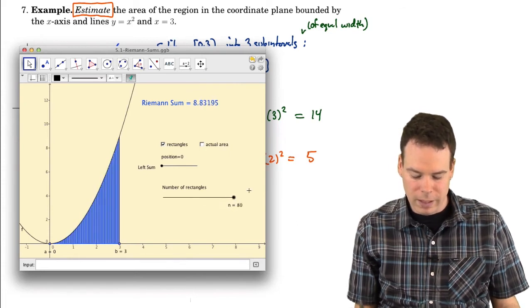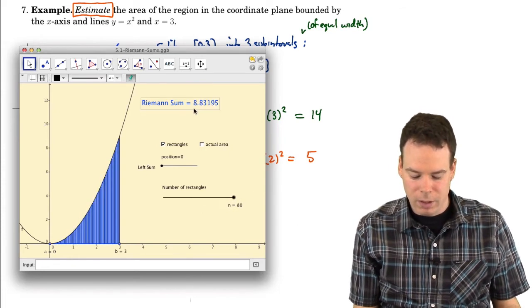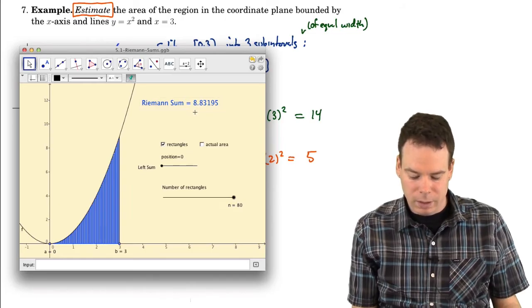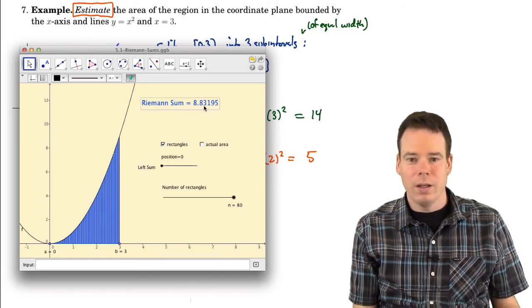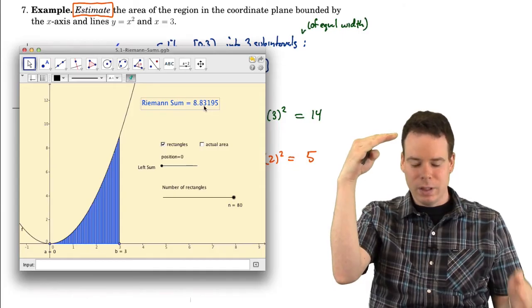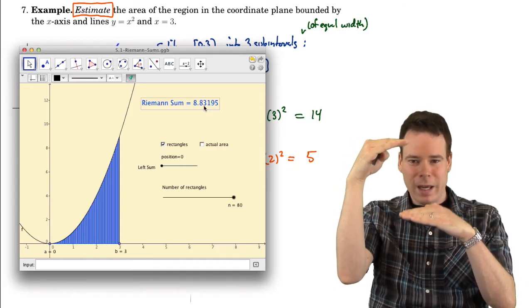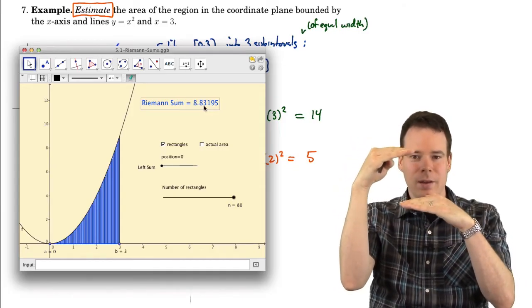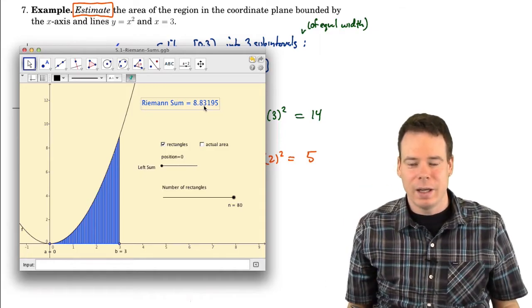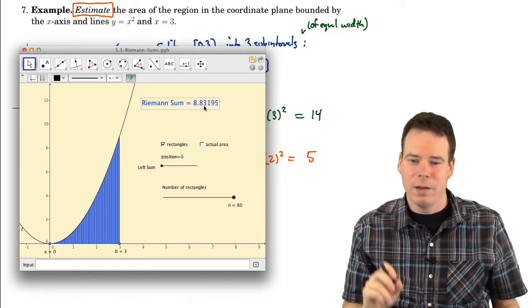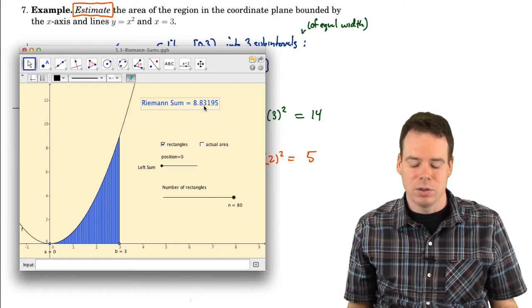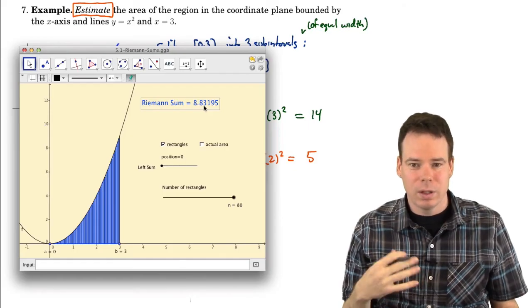So if again I use 80 rectangles, I now have a lower bound on my actual area of 8.83. So I had an upper bound of 9.17 and a lower bound of 8.83. I know my actual area is between those two numbers. That's a pretty good approximation as compared to what we started with, the 5 and 14 estimates. And this is how we can continue on